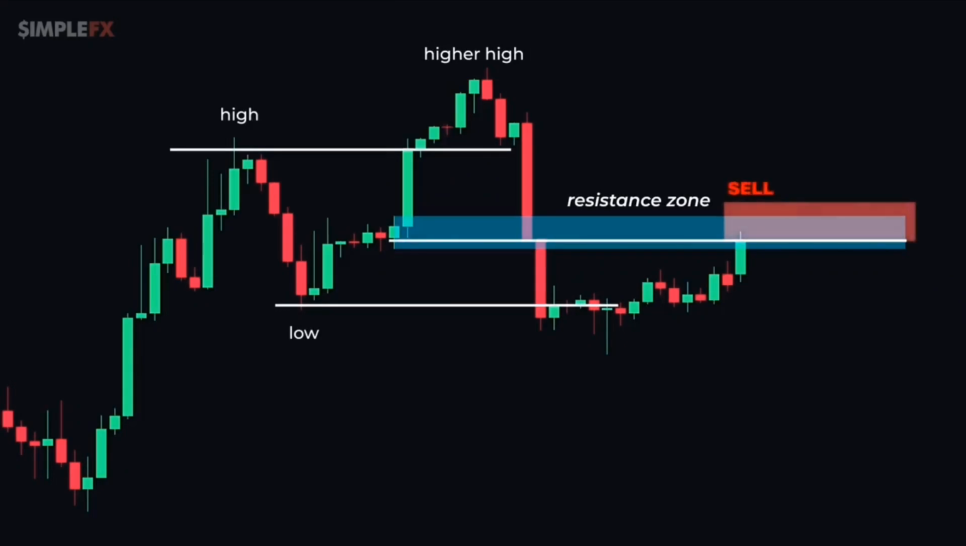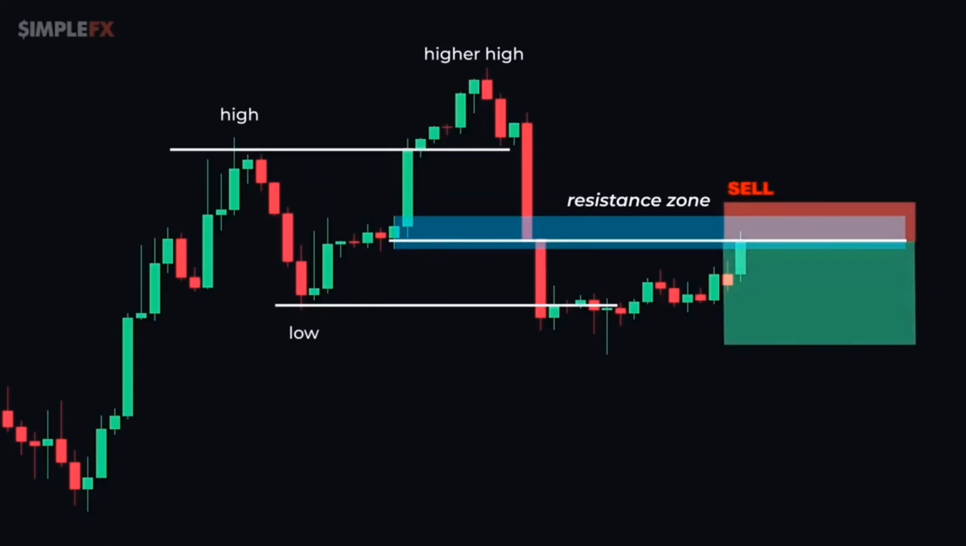Then, place your stop loss slightly above the breaker block and set your take profit at 2 times the size of the stop loss. And as you can see, the price rejected this order block, hit our target, and resulted in a nice profit. Now that you know these strategies, it's time to take action and start using them in real